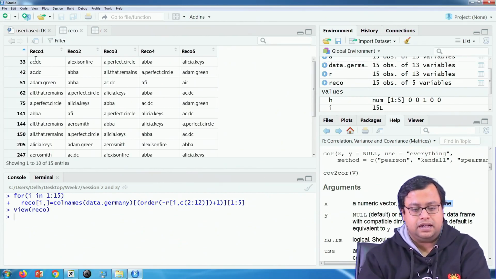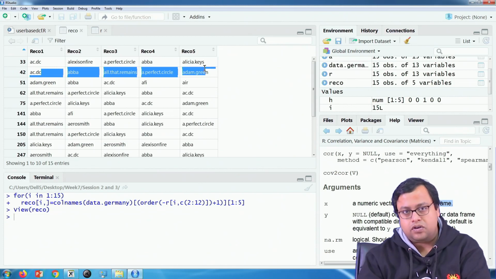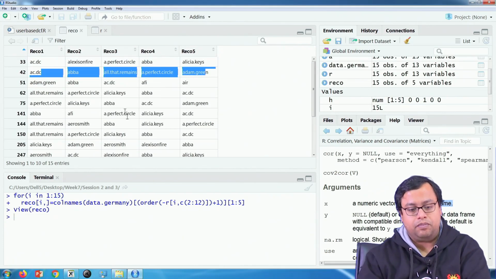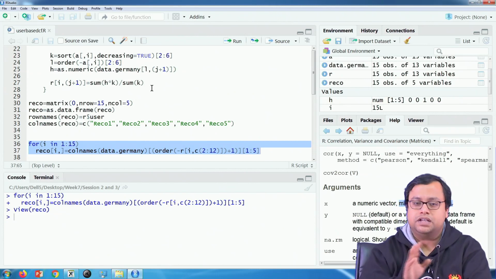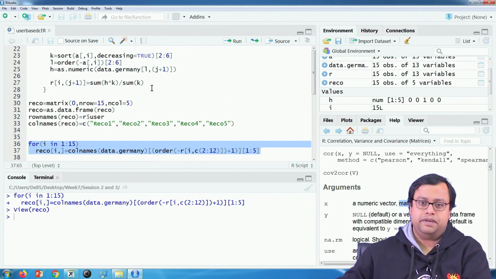The first one is the top 5 based on the R matrix. The second one is the top 5 based on the second row of the R matrix, and so on. And that is how you are creating a recommendation engine, which is user based. So, what is the difference basically? Once more, it is item to item similarity that we are checking in item based collaborative filtering. It is user to user similarity that we are checking in user based similarity matrix.